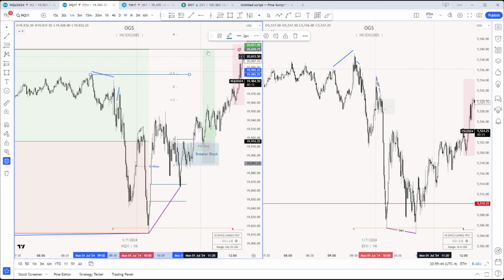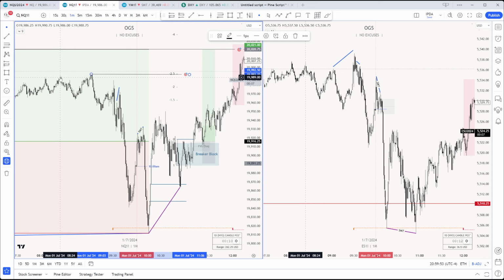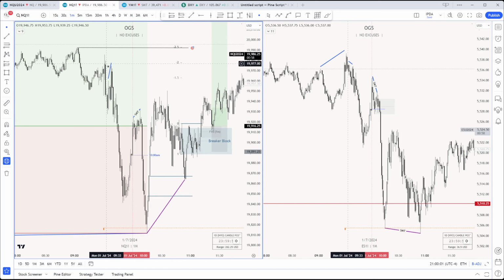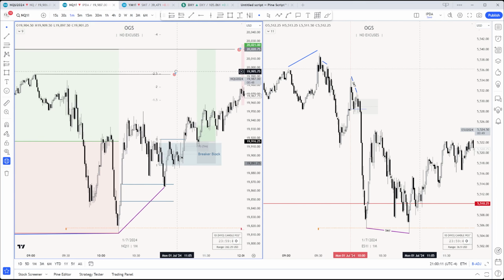Now, this SMT formed relative equal highs. I see this, I regard this as inducement of this, and there was SMT between these highs at this point, so I understand that on ES, that is as well low resistance liquidity. Through all these failure swings, let's just say I remove the SMT from the morning ideas. Through all these are all low resistance swing points, so I understand that price will want to go quickly through